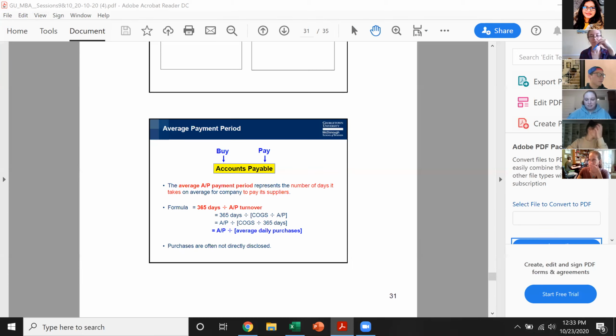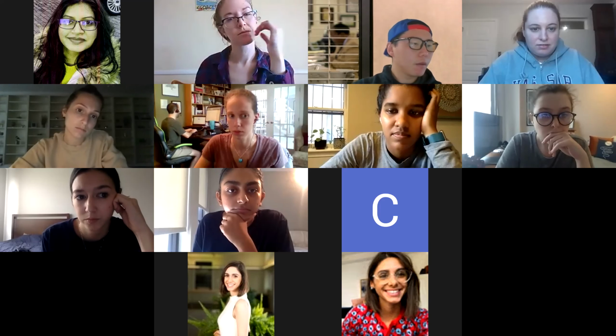So for the DuPont ratios, would we be asked to evaluate them? Like, would we be asked to calculate the net income versus the average equity, all of that in the ROE and ROA ratios? Would we be asked about it? Oh, I don't know. I remember he said that we're going to be given the ratios, but we're probably going to have to identify, if one company has a higher one than the other, what does that mean? But he'll give us